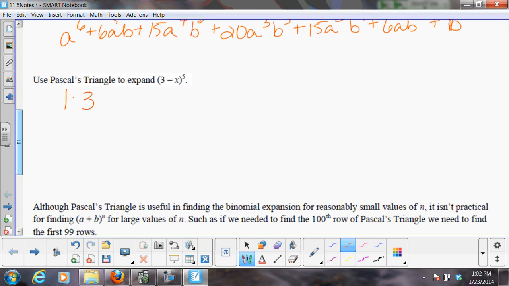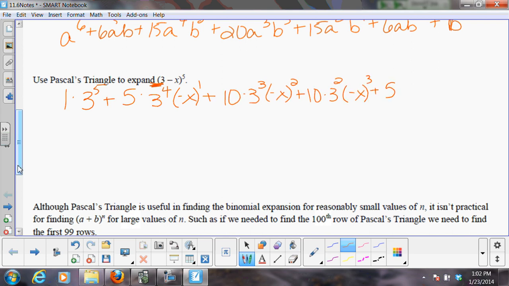So we have 1 times 3 to the 5th, because that's the first term, plus 5 times 3 to the 4th, negative x to the 1st. Notice I put negative x in parentheses, because that's the whole term, plus 10 times 3 cubed, negative x squared, plus 10 times 3 squared, negative x cubed, plus 5 times 3 to the 1st, negative x to the 4th, and plus 1 times 3 to the 0, negative x